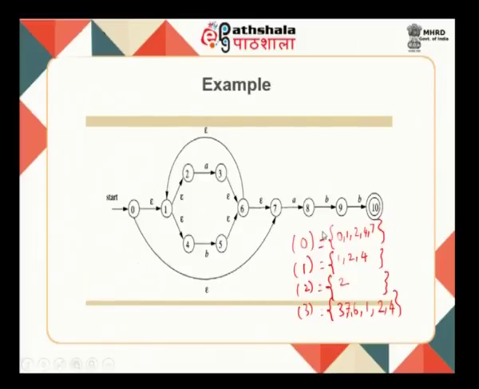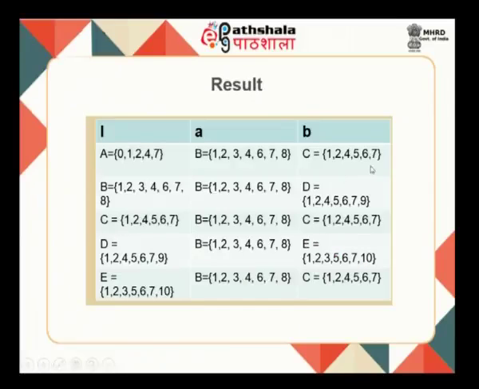Okay. Now, let us take this on B, again 0, 1, 2, 4, 7 on B. There is no transition from 0 or 1 or 2 or 7 on B. There is a transition only from 4 on B, which goes to state 5. I need to find out epsilon closure of 5. Epsilon closure of 5 is what? 5, 6, 7 and then 1, 2, 4. So, it is 1, 2, 4, 5, 6, 7, that is what I have here as C.